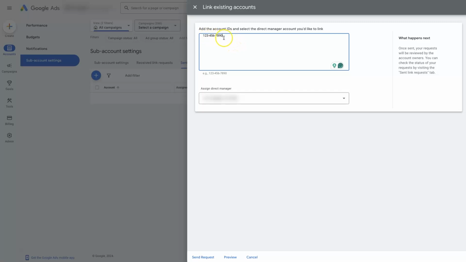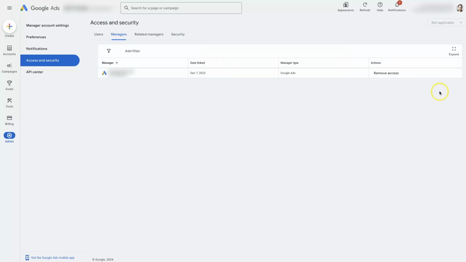When you put this in here, you can then click this send request button right here. And what that'll do is it's going to send an email to your client, and the email will come from Google Ads, and it'll say whatever agency you own is requesting to link to the account, and then your client can just click the button in the email, open up their account, and then they'll need to come in here